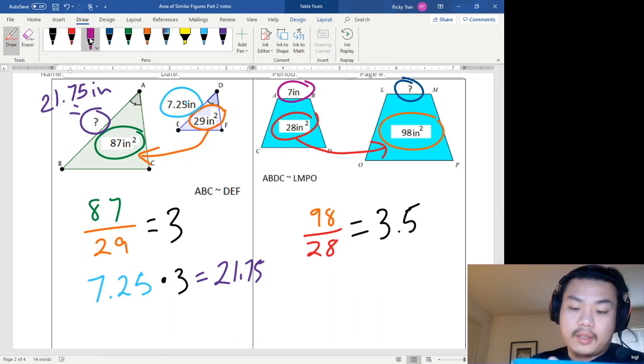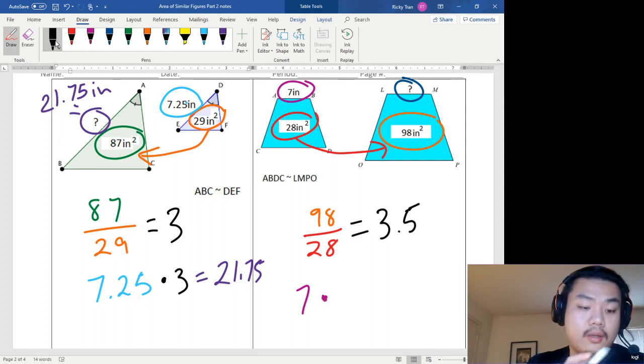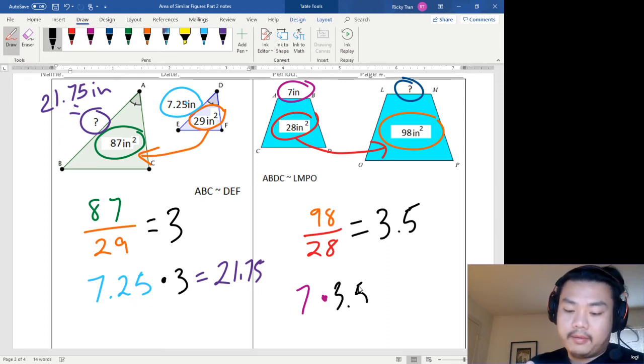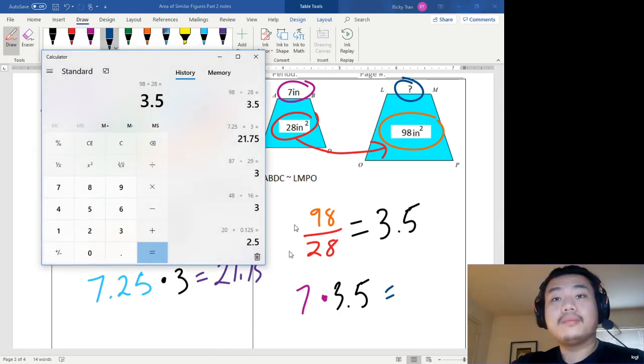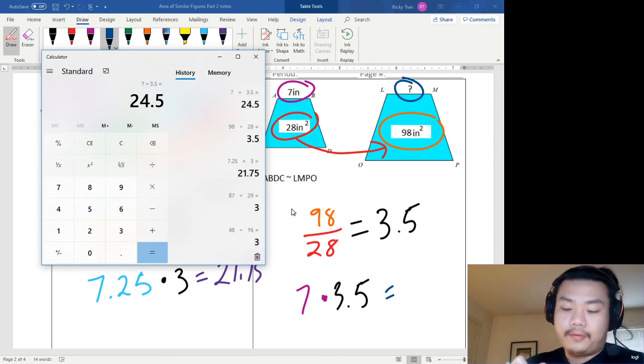We take our 7, which is our side length, and we multiply it by 3.5. And that'll give us a value of 24.5